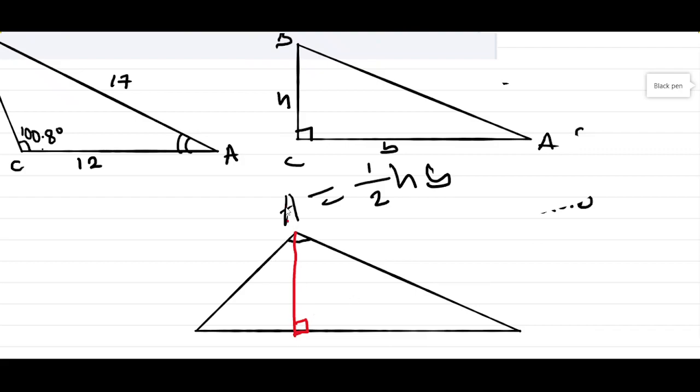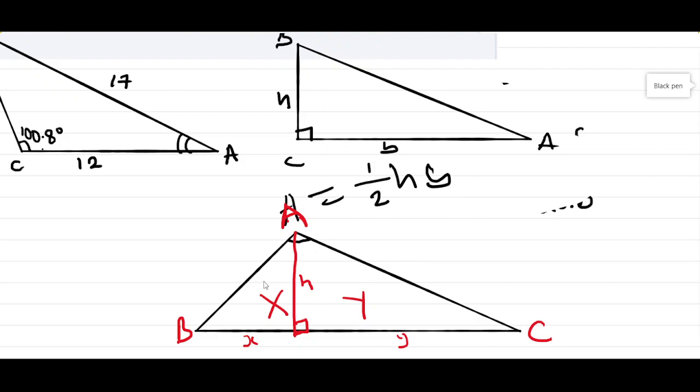So let's say this part is labelled A, this part B, and this part C. Then the area of this triangle will be the area of this triangle X and this triangle Y. Let's say this part is triangle X and this part is triangle Y. So for the triangle X part here, the area would be, if this side is the height H, this distance is small x, and this distance is small y, then